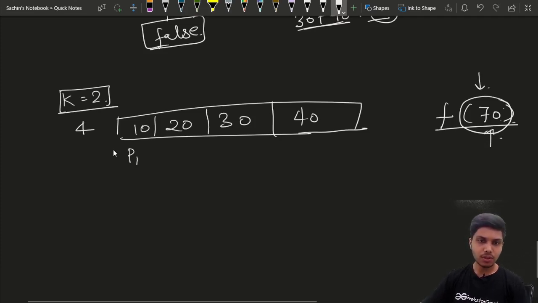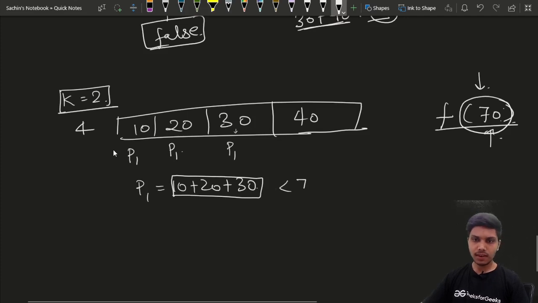First it will assign the first board to painter 1, and now it will check whether it is possible to assign the second board to the same painter. Here it is possible because it will take 30 units of time to paint these boards, and we have 70 units of time for any painter. Now it will try to assign the third board to our first painter only. Here we can see that painter 1 will need 60 units of time to paint all these 3 boards, which is less than our 70. So we can assign the third board to our first painter only.